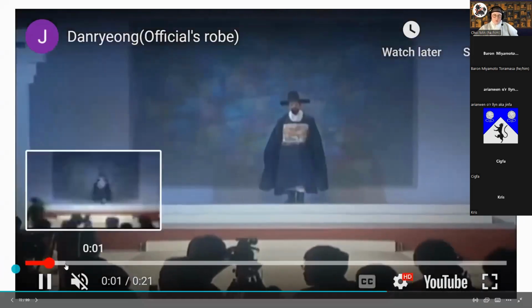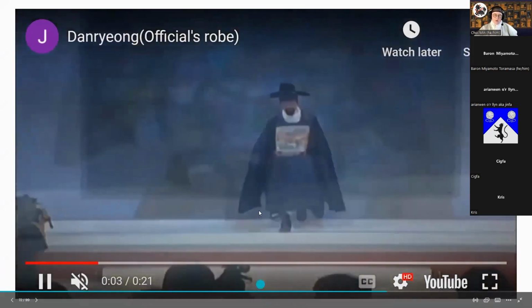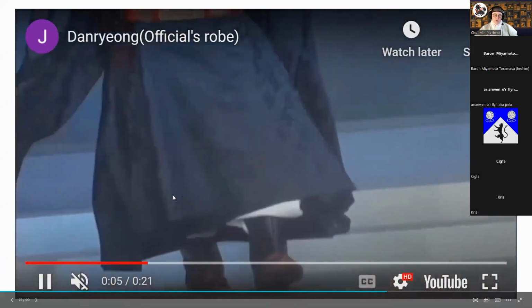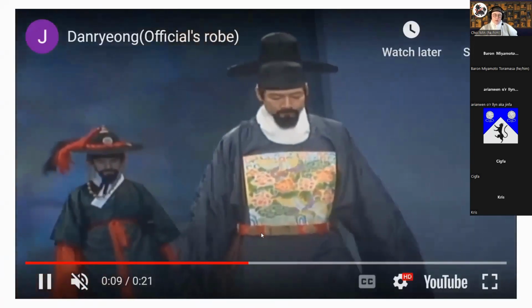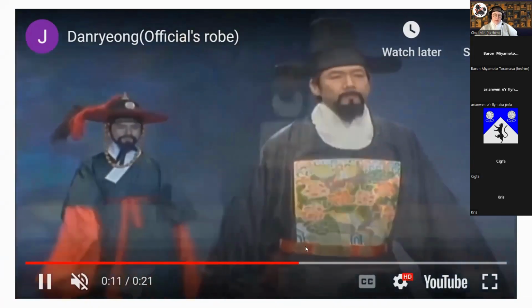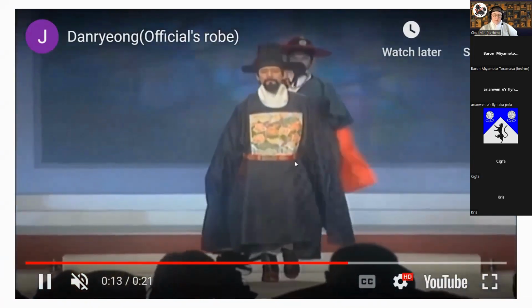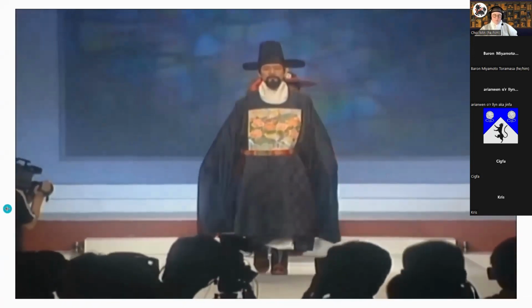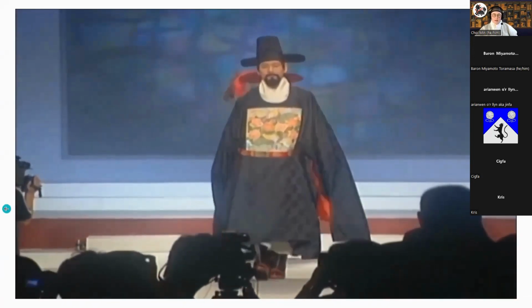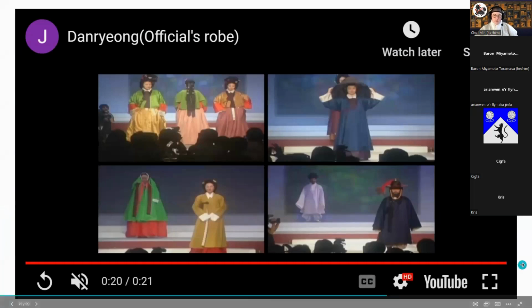Here we have the official robe. This is how you can see how long those sleeves are. And the front is generally shorter than the back, so you can actually walk in them. And you can see how wide that front patch is. And that belt is just kind of there for rank and decoration. It is not to hold your pants up. It is definitely not that.